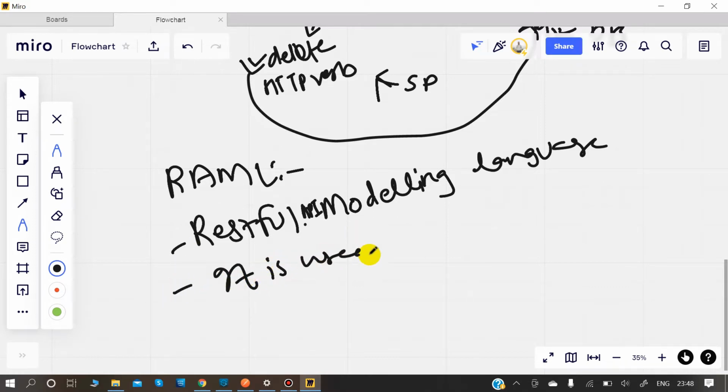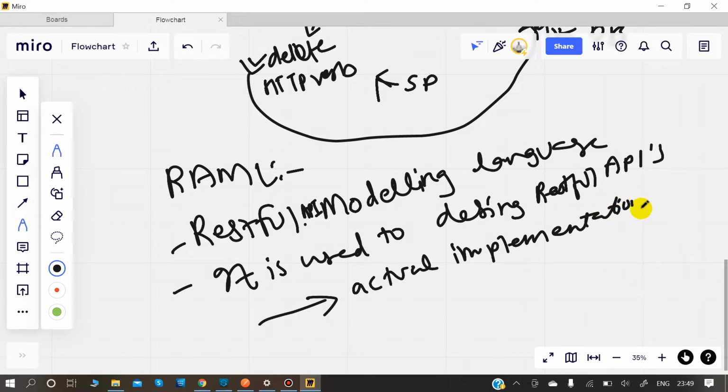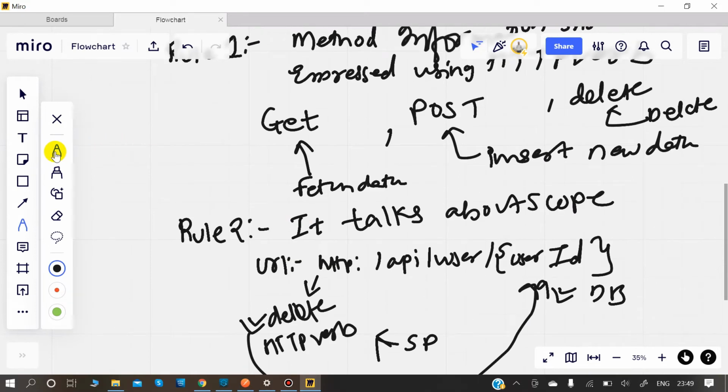It is used to design RESTful APIs, which get converted to the actual implementation of the API. Hope I have answered all these 3 questions.